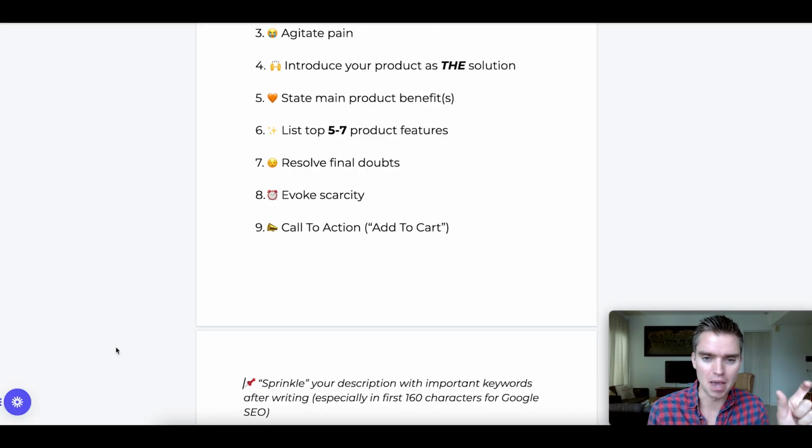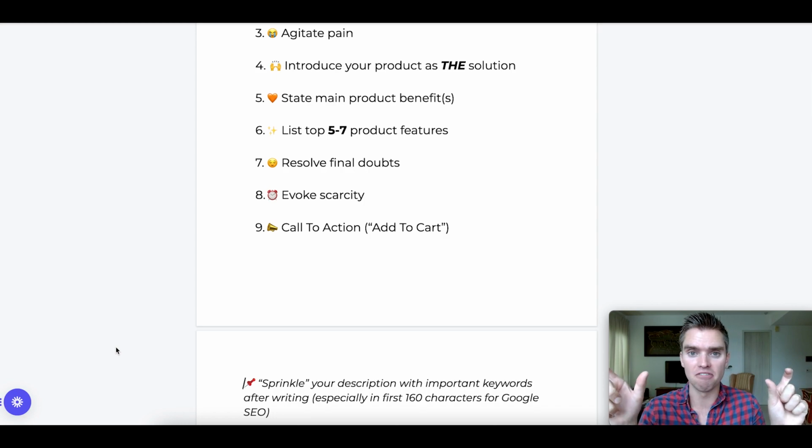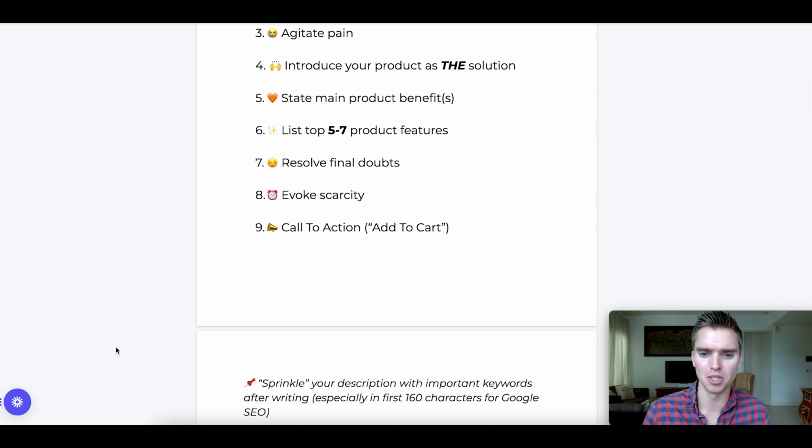So the feature, made of genuine leather, unique design, then the benefit, right? And I can go into more. If you want more, comment below and I'd be happy to help with your own product, but you get the picture, right? So the reason we're doing this, of starting with the benefit, and then as you see in point number 6, we're going to move to the features, is